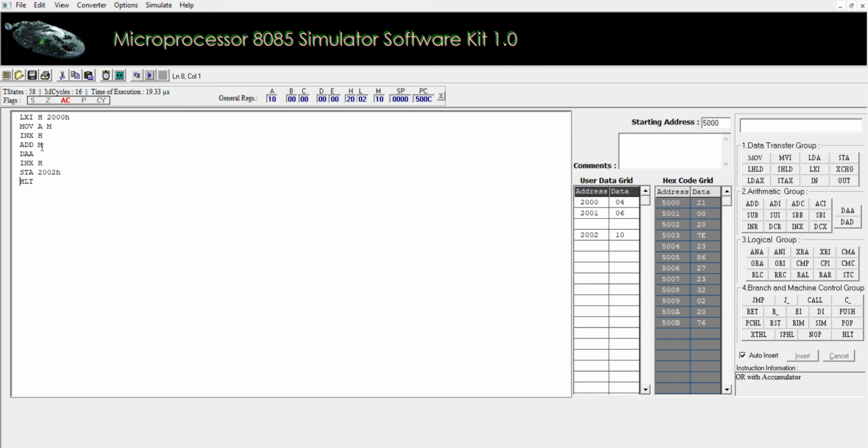So we obtained the BCD number. So by using this method, we can find the addition of two hex numbers.